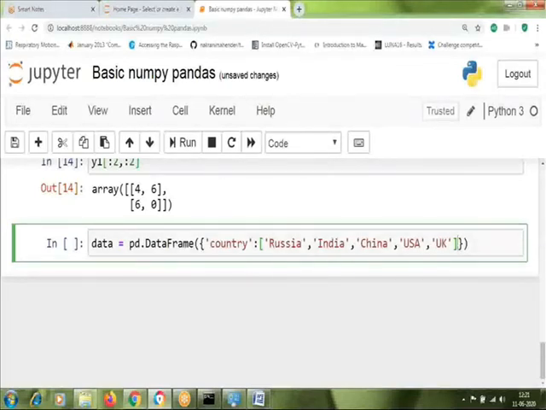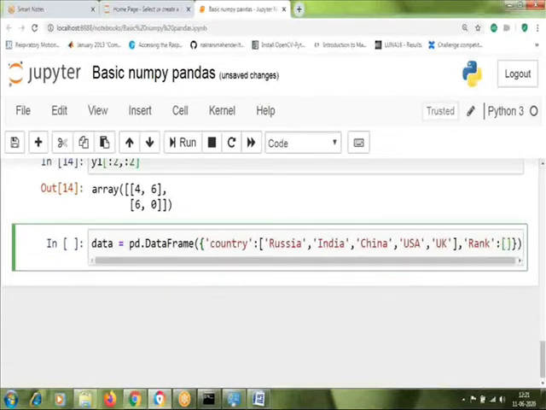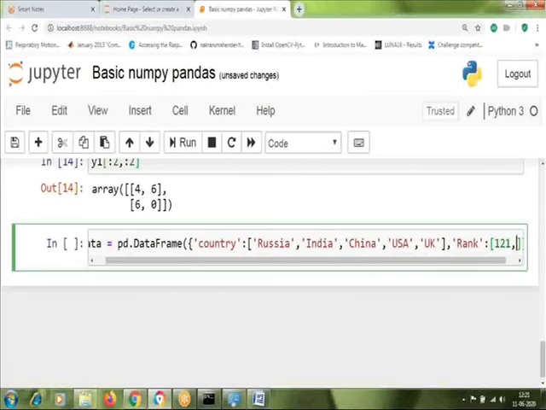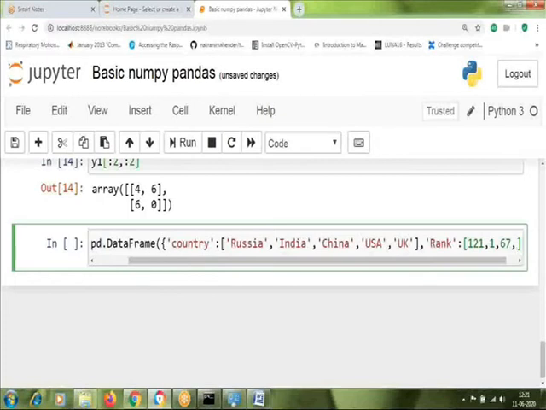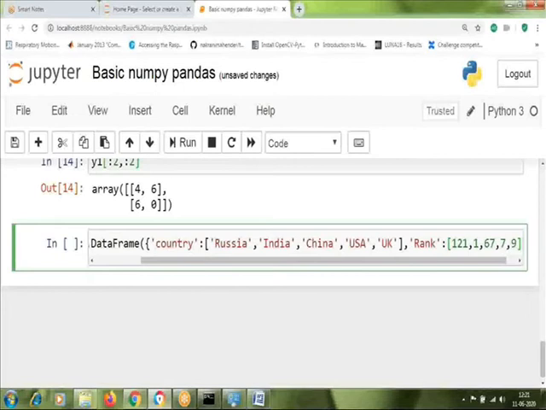Now let's create another column with column name rank, and this rank will be of integer type. Let's give some ranks: Russia rank 121, India rank 1, China rank 67, US rank 7, and let's say UK 9.